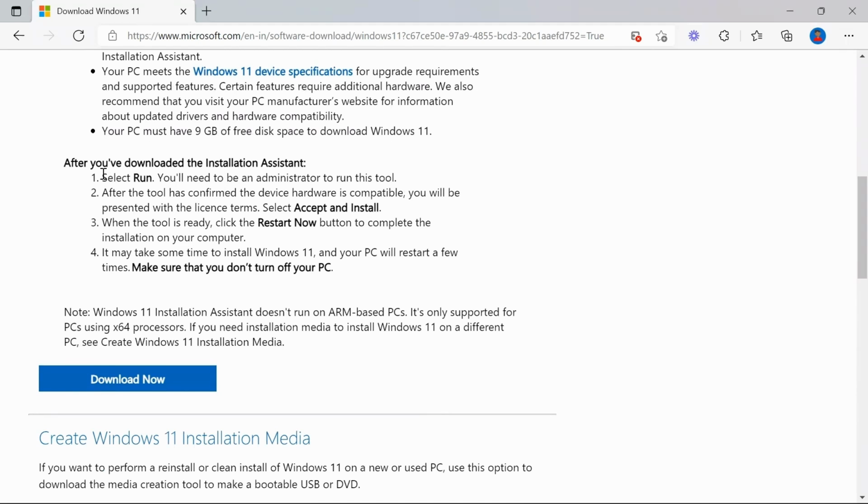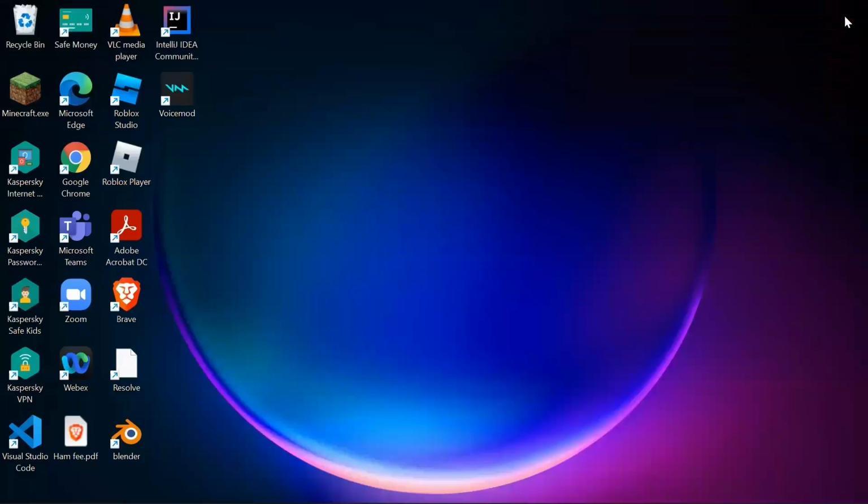Okay, it's here as well. Once you select run, after you confirm the device hardware, you just click accept and install. When the tool is ready, you click restart now, and then it will take some time to install Windows 11, and your PC will restart a few times. So that is all about the Windows 11 startup screen and how to install Windows 11. Once you install Windows 11, you will get a black wallpaper, but I have another wallpaper, and if you see this, you get all the new